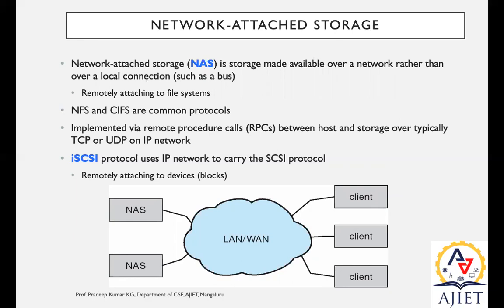So we have connected our disk drives to the network itself. From that network, the client should establish a connection and request a file to read it, or to write it. If a client wants to write a file, it is supposed to request that particular network to get access. So what is the advantage? You can remotely attach file systems. This remote connection works another way.